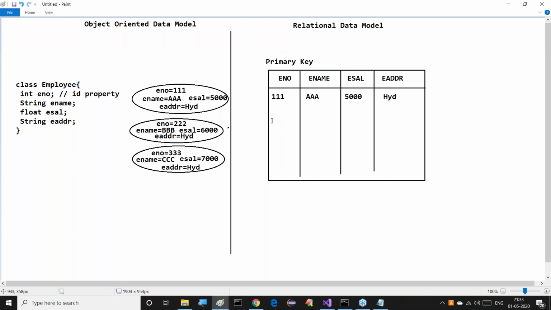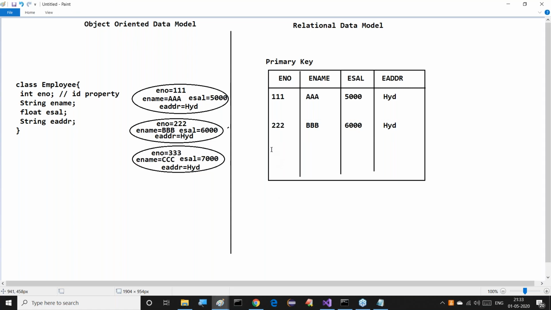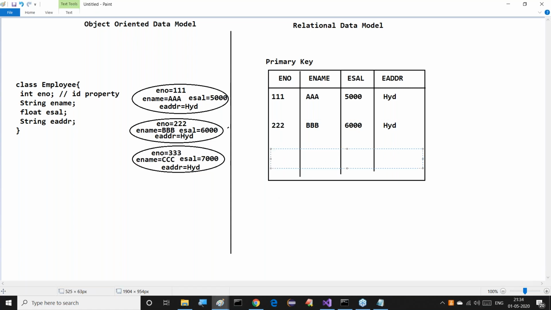Then 222, BBB, 6000, and the address. Now 333, CCC, 7000, and the address.